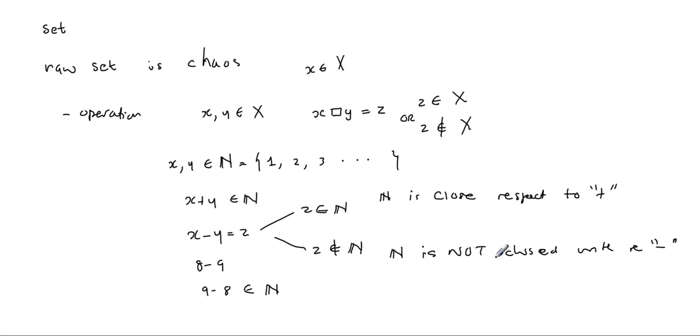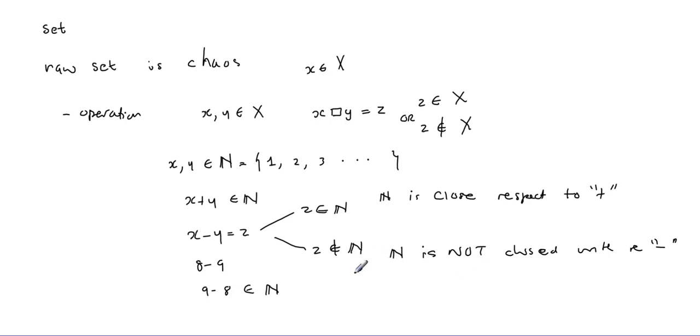But in this case, do I need to take into consideration how they are ordered? No. In this case, we're not worried about the order. We just want to say, if we operate this way with natural numbers, we always get a natural number. If we operate this way, we might get a natural number, we might not. So in the case that this happens, we would say that this set is closed. And in this case, this is not closed.